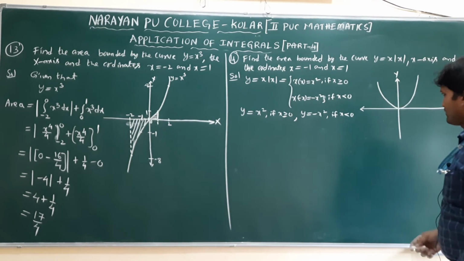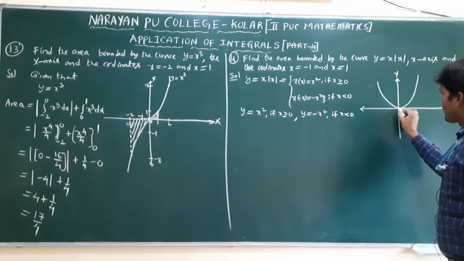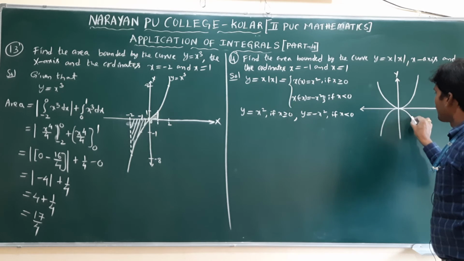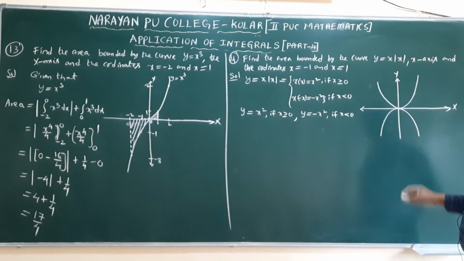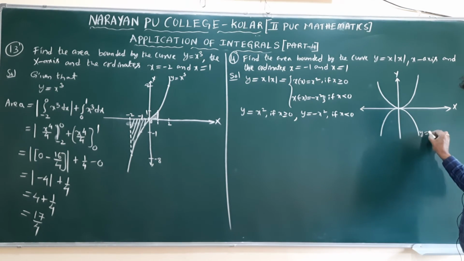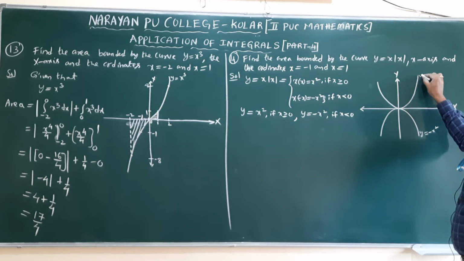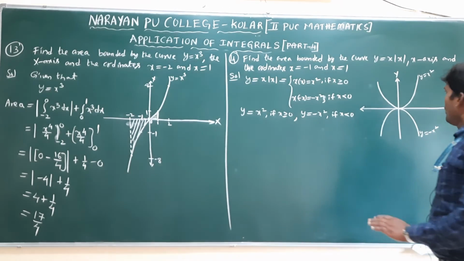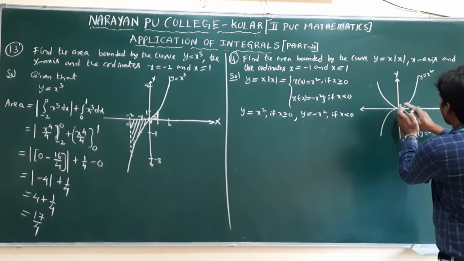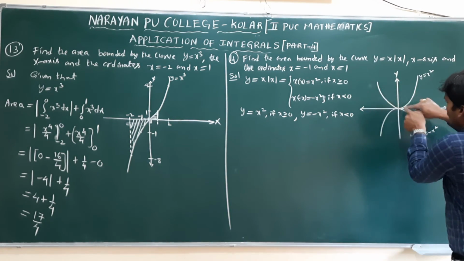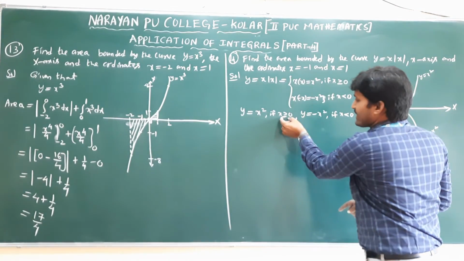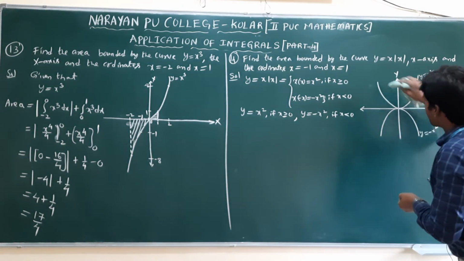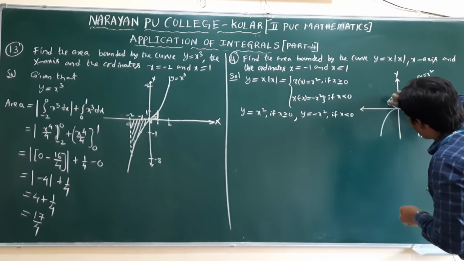This is one region. Another one is x square equal to minus 4ay. This is y equal to minus x square, and y equal to x square. But we need to take this curve only for the right side, which one? y equal to x square. Reason? x is greater than or equal to 0. That means we need to remove this. Only for understanding purposes I drew it.